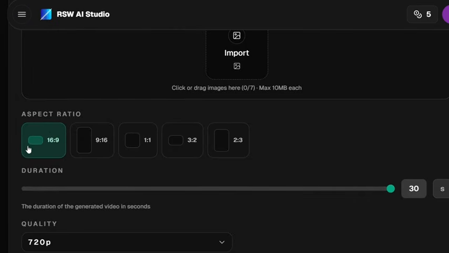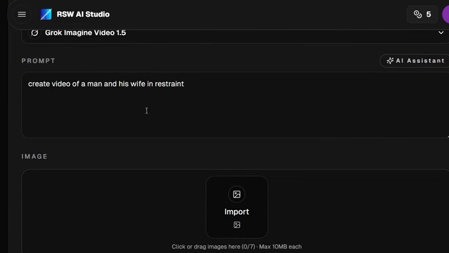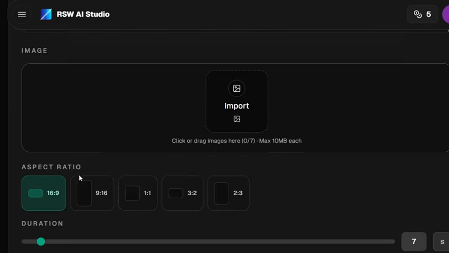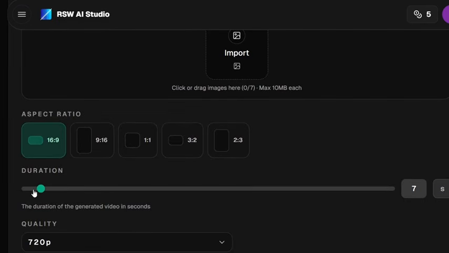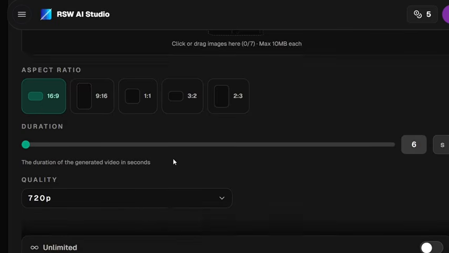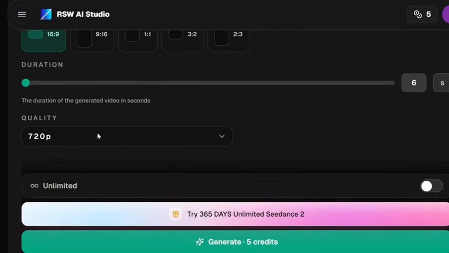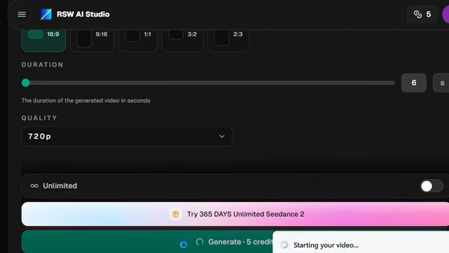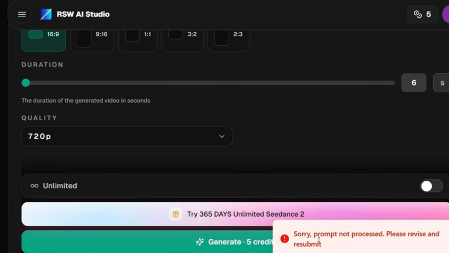So our aspect ratio, let's leave it at 16:9. After putting it in 16:9, I want us to bring this back to 5 seconds. Let's use 5 seconds because I don't want this video to be so long, because according to the prompt I gave it, it's just a short video. So let's bring it to 5 seconds, 6 seconds, and after that our resolution, let's put the quality in 720p, and the next thing we click on generate. Now when you click on generate,